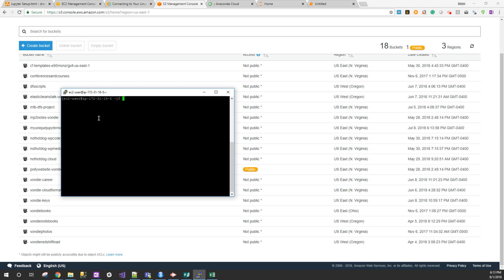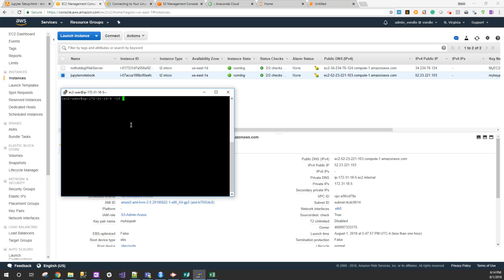And now, what was the point of that? Well, what we want to do is, if we have a unique bucket for our notebooks, we want to sync those files over. So what I want to do is mkdir. We've used that command before. Make directory notebooks. Let's switch into our notebooks folder,